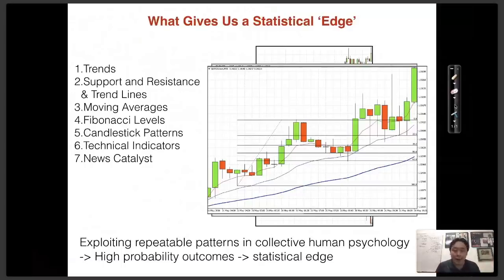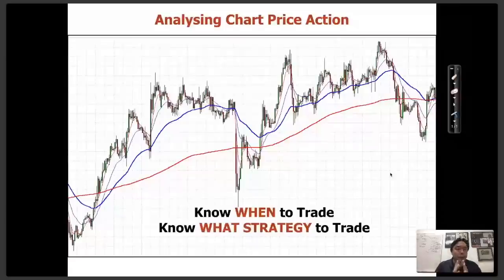So understanding that, how do I analyze the markets every day with my community of traders? Every day when I open up my charts,